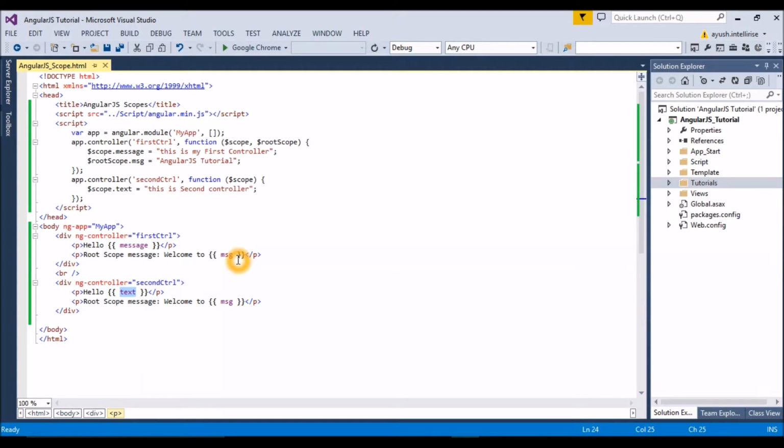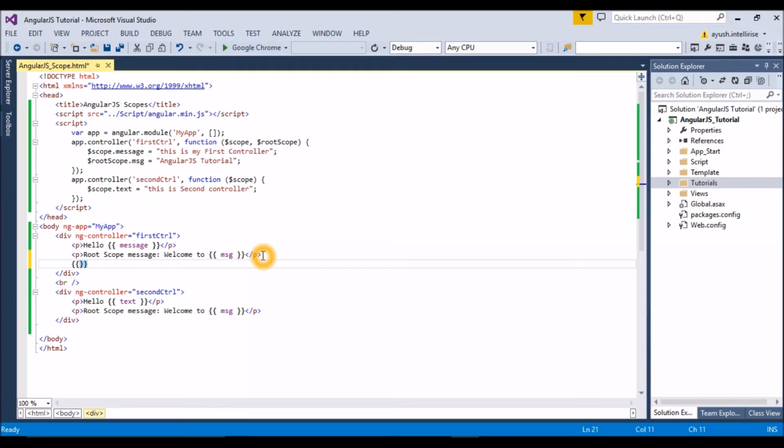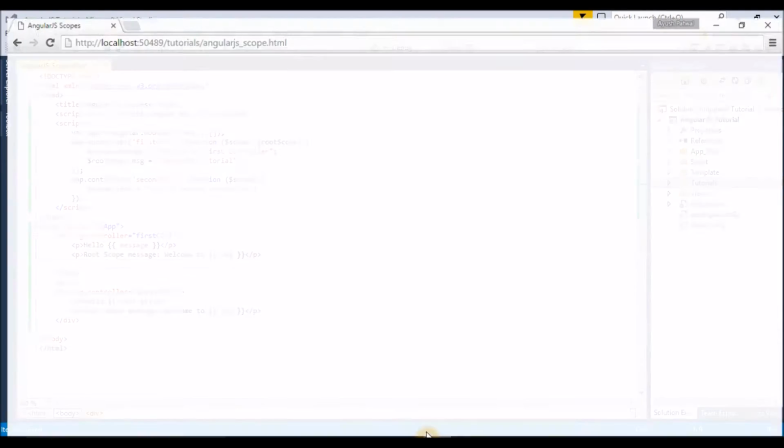The second thing is that if I apply in the first controller, meaning in this ng-controller equals FirstCTRL, over here if I attach a property in the data binding expression like this, message text, and display it, what happens in my output window is that it will not be displayed, whatever the text, this is the second controller. So this will not be displayed over here. Why? Because it is not inside your first CTRL, it is inside your second CTRL. We will see this. Before that, just save this and run it.